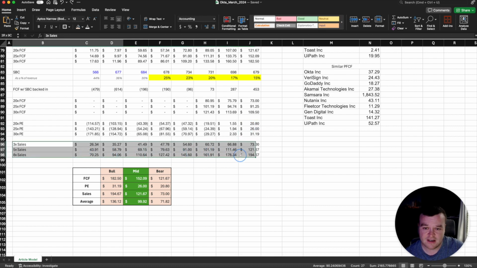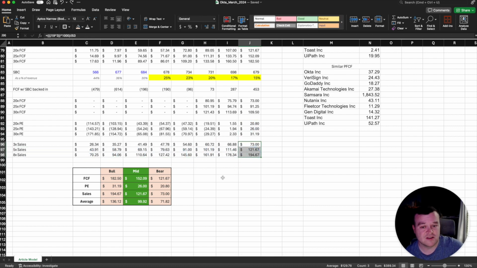And then a price to sales based valuation. These are 3x would be moderately high. 5 and 8 would be astronomically high for a company that would be as old as Okta at this point. But I just wanted to at least consider that Okta might still have a lot of hype around it if it is able to pretty much control authentication for the business world. All those things in there, it gets to a sort of mid valuation here of